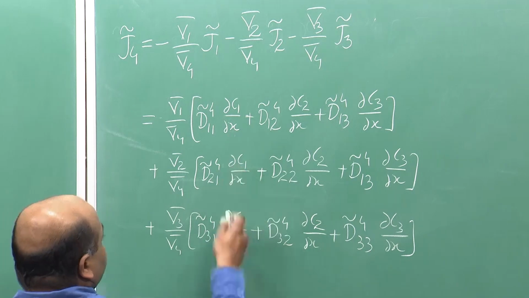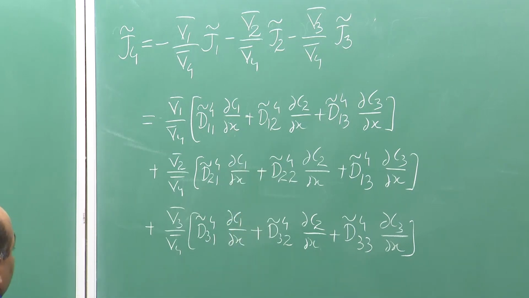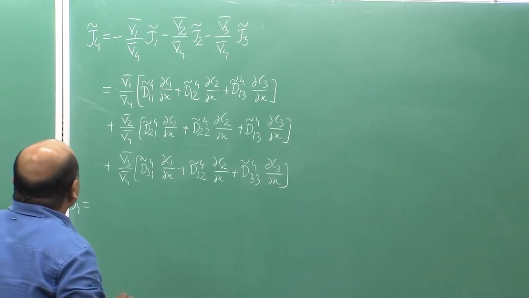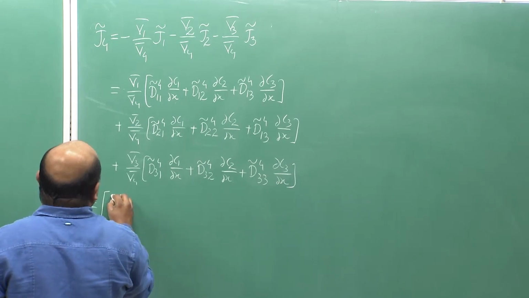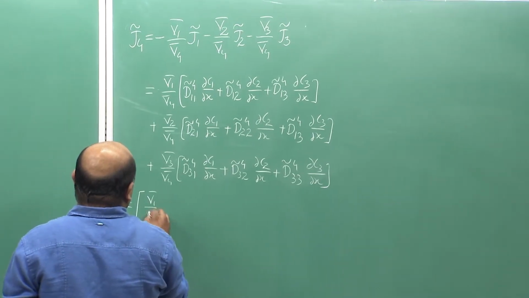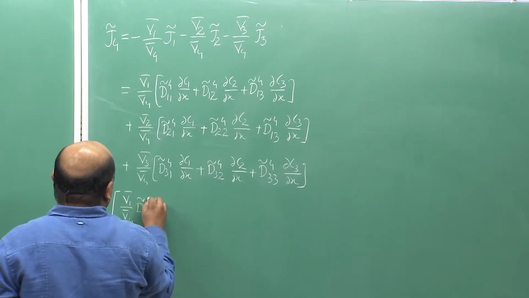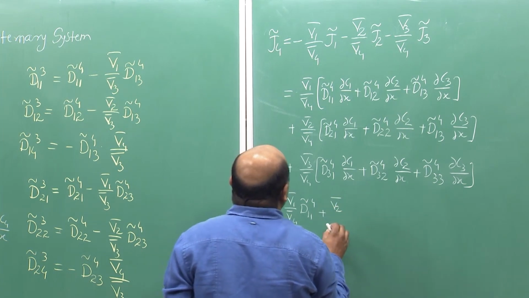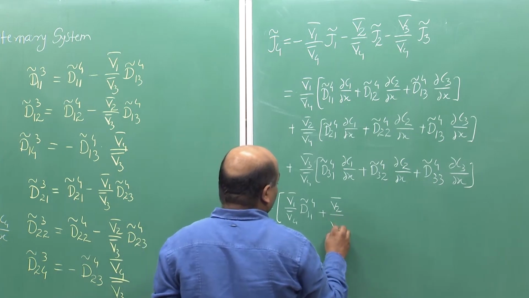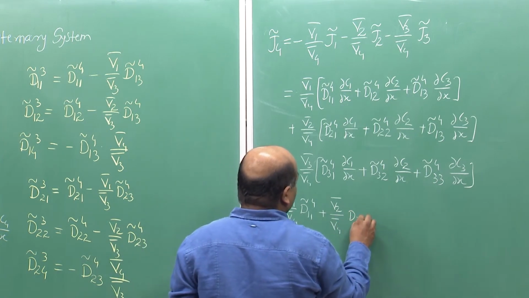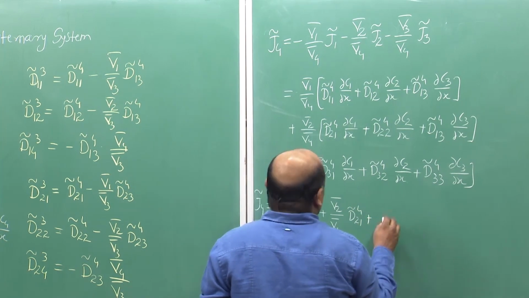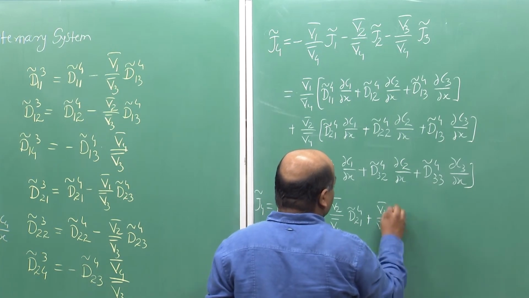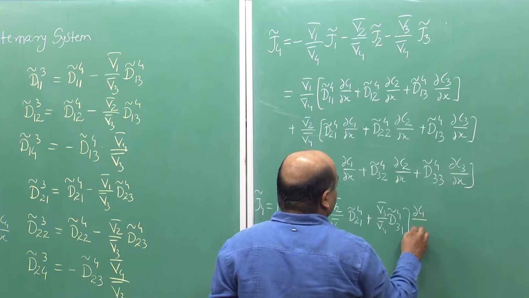Now, let us take the respective derivatives out and we obtain J4 tilde equal to V1 bar over V4 bar D11 tilde 4 plus V2 bar over V4 bar D21 tilde 4 plus V3 bar over V4 bar times D31 tilde 4, ∂C1/∂x